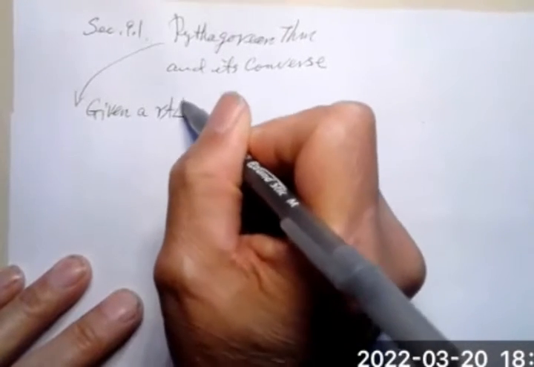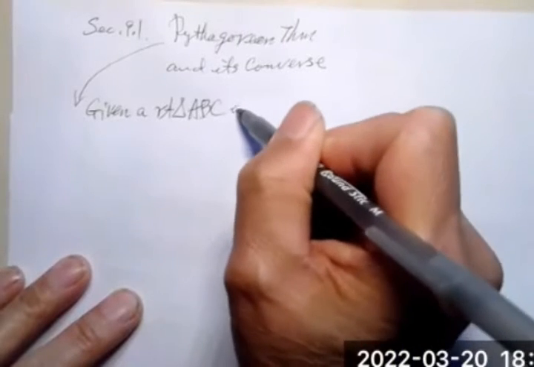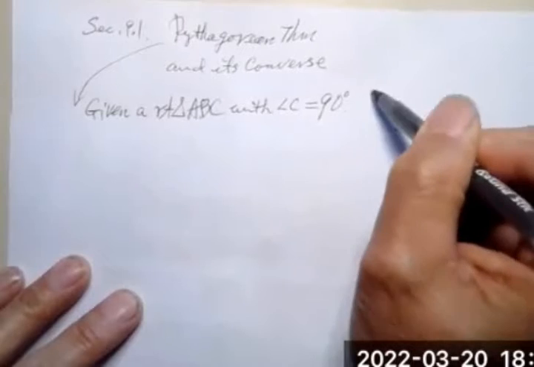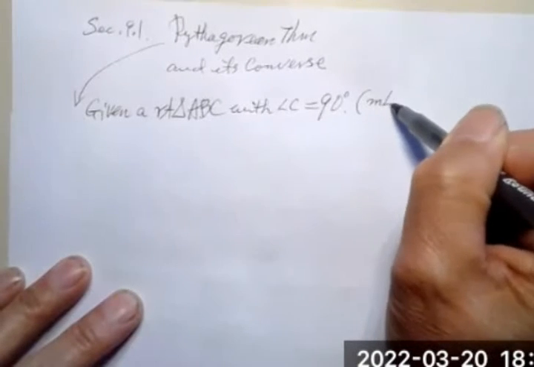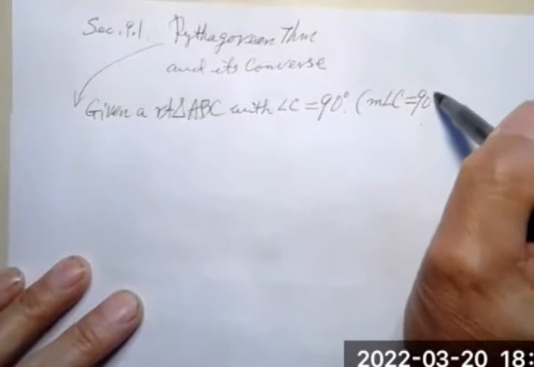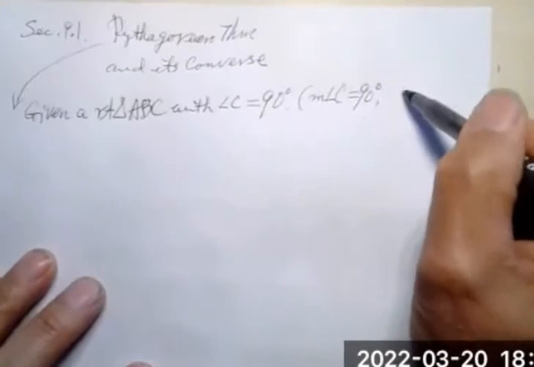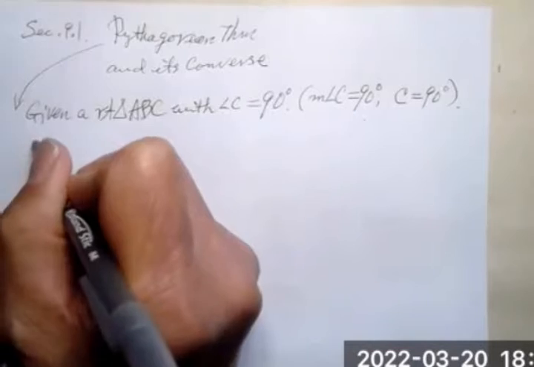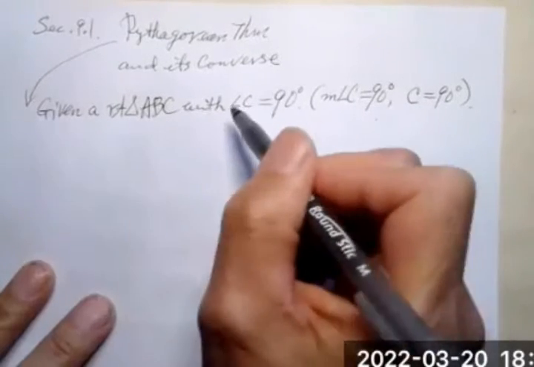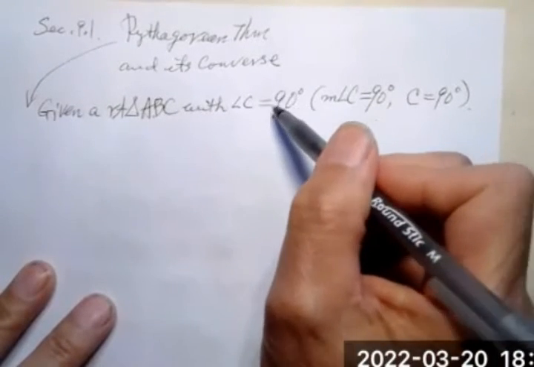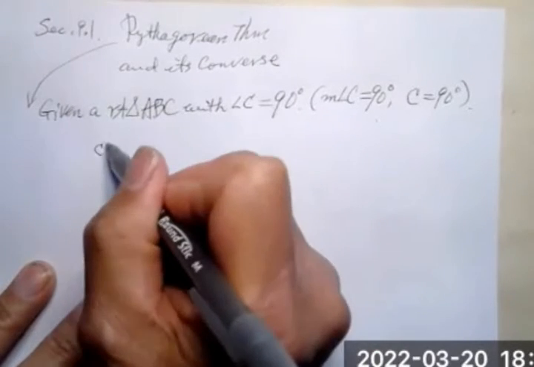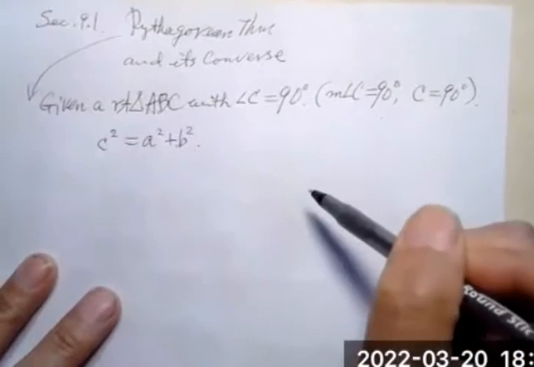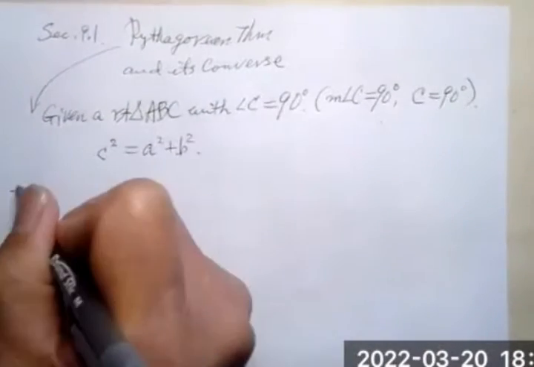a right triangle ABC with angle C equals 90 degrees. Some books emphasize that the measure of angle C equals 90 degrees, some books don't mention it, and some even use C equals 90 degrees. The opposite sides have names in lowercase. c squared equals a squared plus b squared. That's the Pythagorean theorem. Then the converse